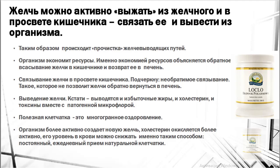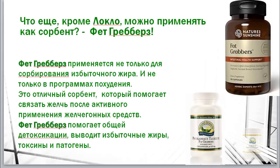Fat grabbers aid in general detoxification, removing excess fats, toxins and pathogens. Low-clo and fat grabbers were originally created to help manage body weight and optimize cholesterol levels. Low-clo and fat grabbers absorb bile, excess fats and toxins from pathogens, removing them from the body. This is how the improvement of the digestive system and the prevention of problems of the heart and blood vessels